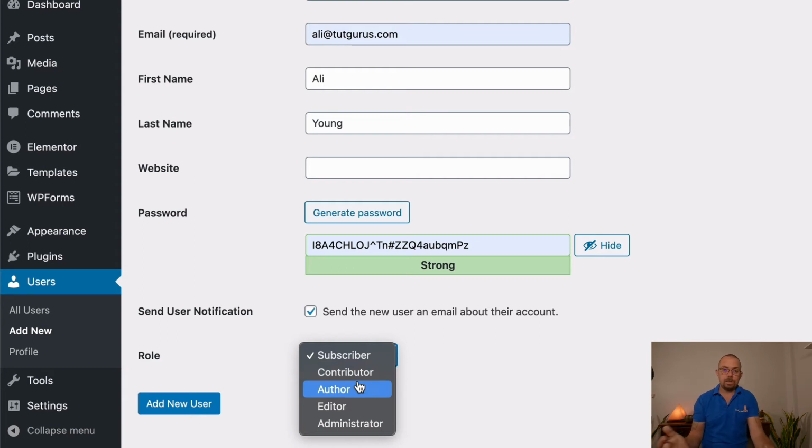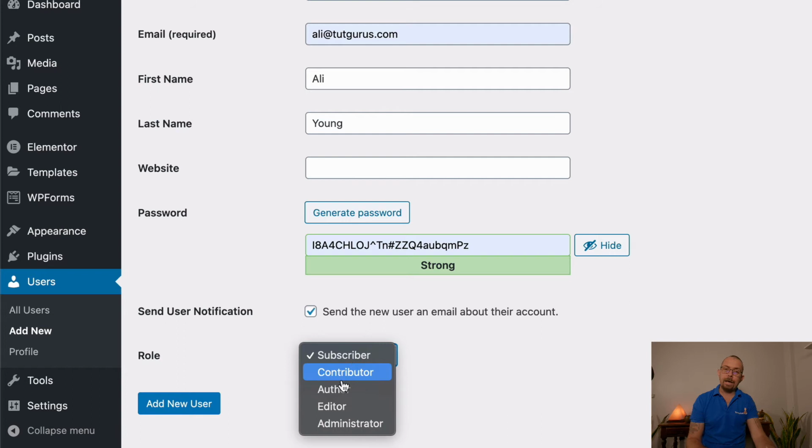Author, as it sort of sounds like, is a person who can create content for you. So an author can write, edit, publish, and moderate comments, things like that. An editor has a bit more rights, where they have full control over all of the content here. They can moderate, edit, and delete comments. And an admin is basically like you. You are an admin, where they have full control over your website. So if you don't know this person, I suggest you never make them admin. You'd only make someone admin if you really trust them or they were a business partner or something like that.